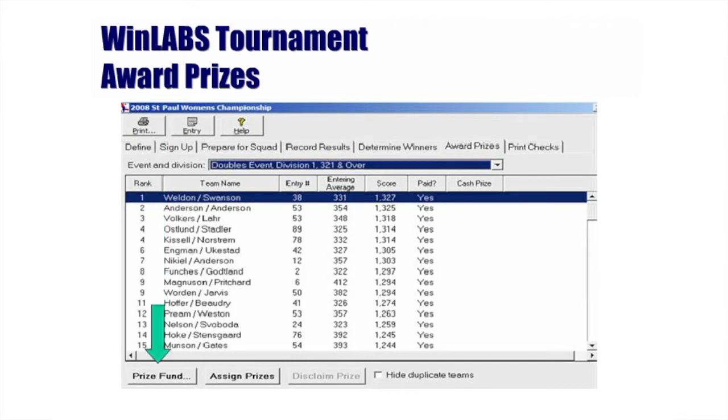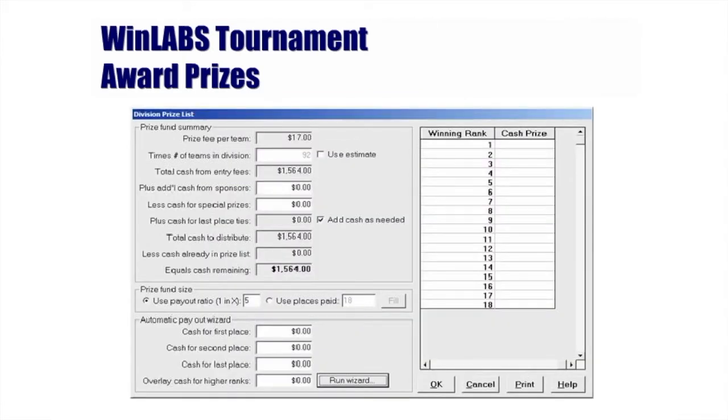The first step is to finalize the prize list. Go to the event and division that you wish to work with and click on the Prize Fund button to continue. The example we will be using is from Division 1 of the doubles event. The individual prize fee was $8.50, which equals $17 per doubles team. We ended the tournament with 92 doubles teams in this division. 92 teams at $17 per team gives the division